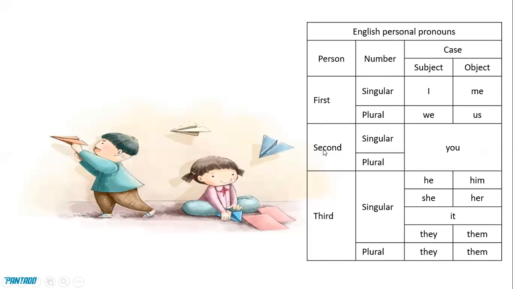So we have the second person here. And you is both the singular and plural pronoun. You understand? We can say you to one person as the second person, or we can say you to the whole class. So that's why we categorize you as the singular and plural pronoun. All right, so for the third person,